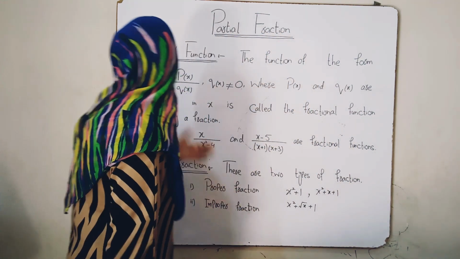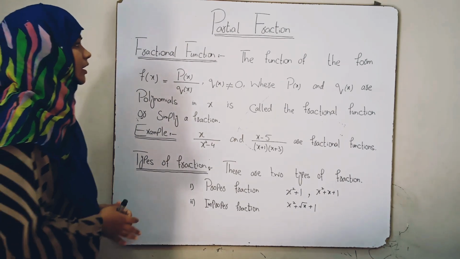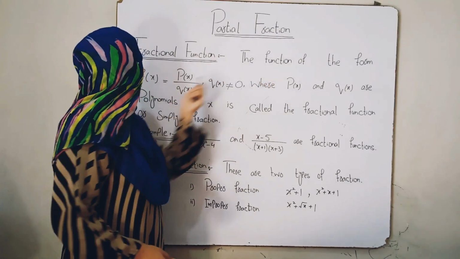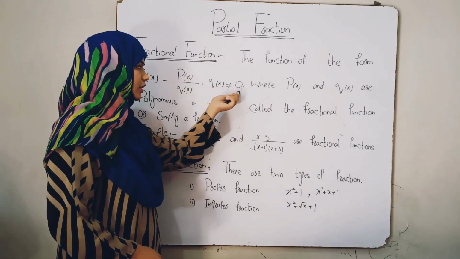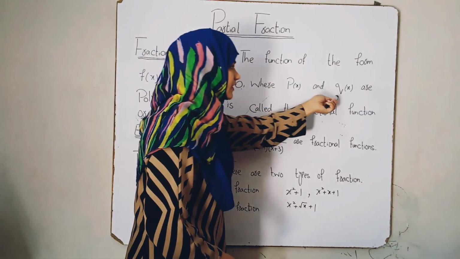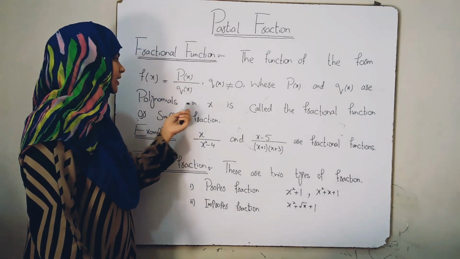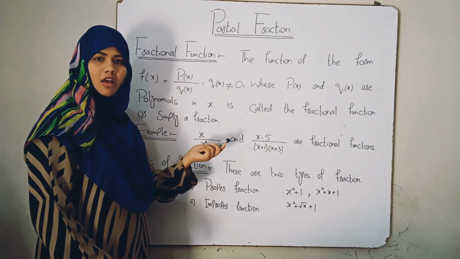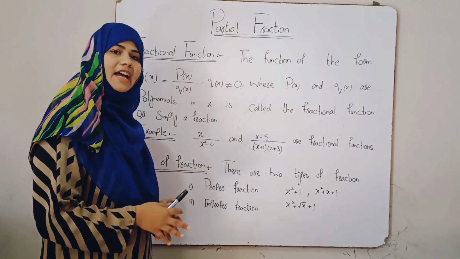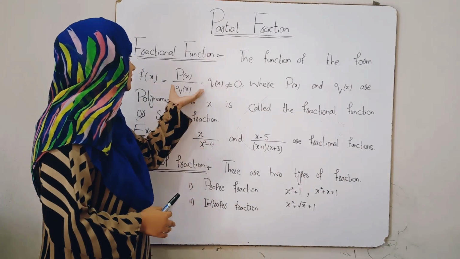Now let's start fractional function. The function of the form f of x is equal to p of x over q of x, where q of x not equal to 0 and both p of x and q of x are polynomials in x, is called the fractional function or simply a fraction, which means that any expression that can be represented in the form